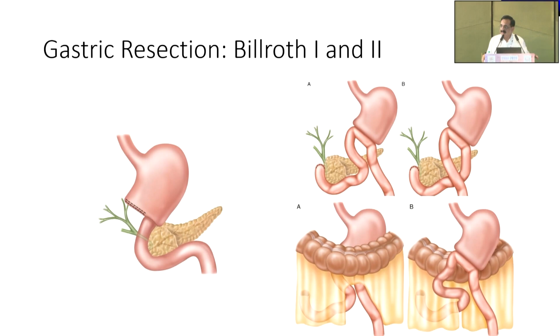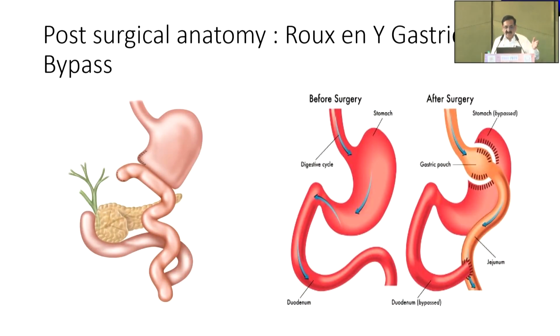Some of the common resection patterns which we find is either a Billroth 1 or a Billroth 2. In a Billroth 1, it's the standard duodenoscope which can be used. However, the difficulty is the stability of this scope is not great. It slips easily, and by repeated pushing, risk of perforation is high. So we need to keep that in mind. Billroth 2, I will go into the rest of the tips later.